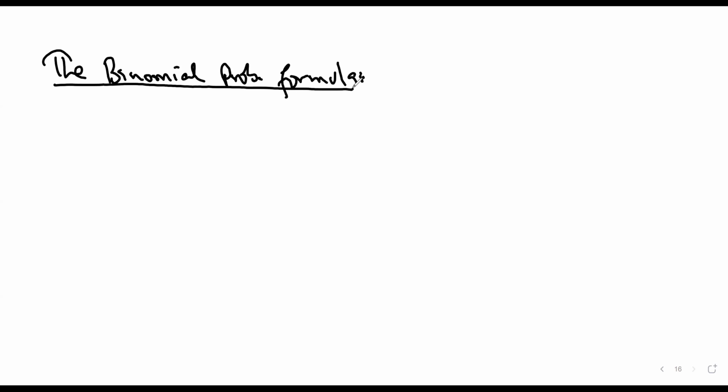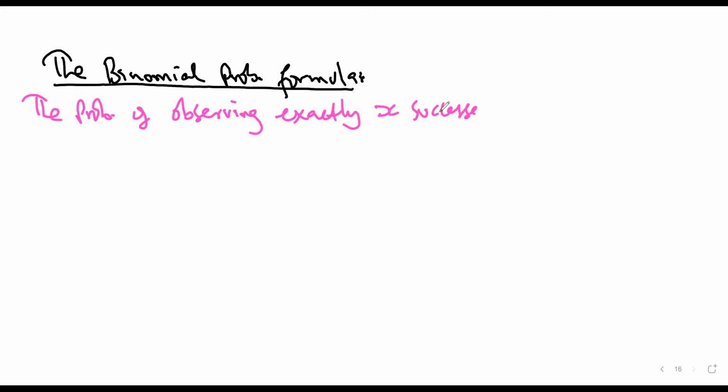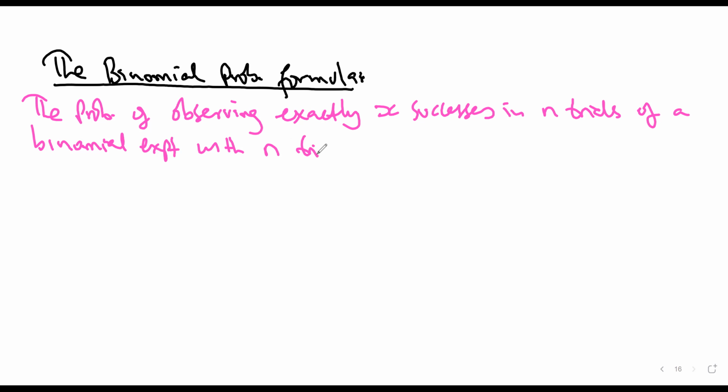We say that the probability of observing exactly X successes, this number of successes in n trials of a binomial experiment with n trials and probability of success equal to P is given by